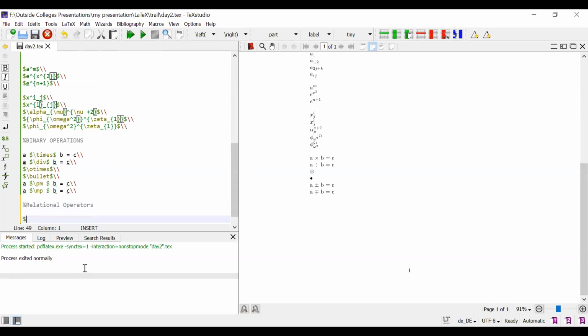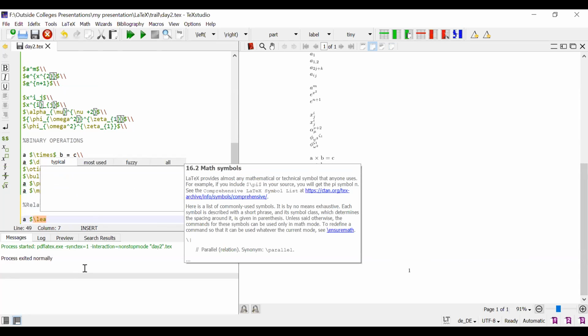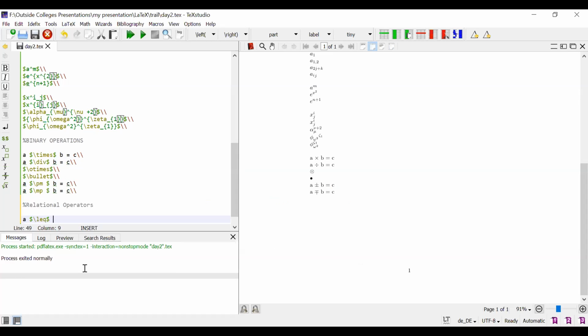First, I want to write A less than or equal to B. See this? A less than or equal to B. Suppose we want greater than or equal to, instead of L, we fix G.